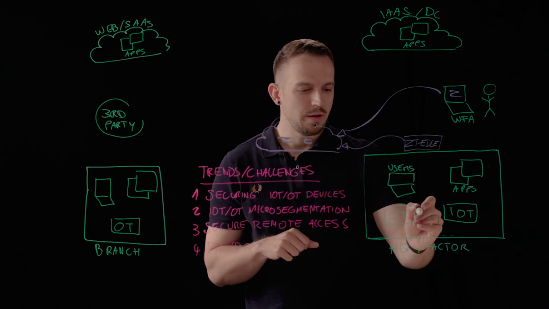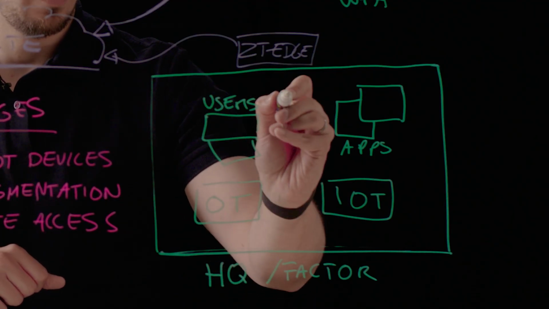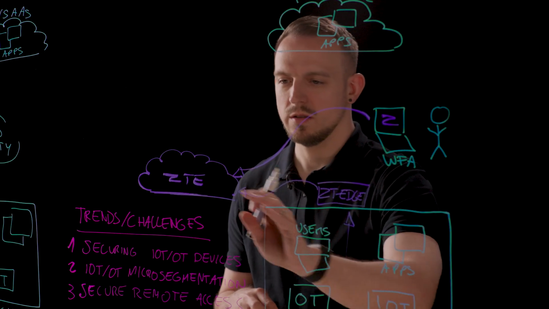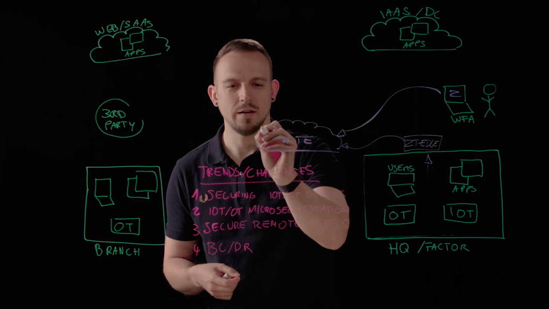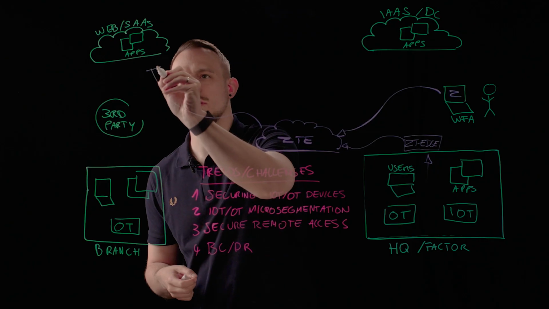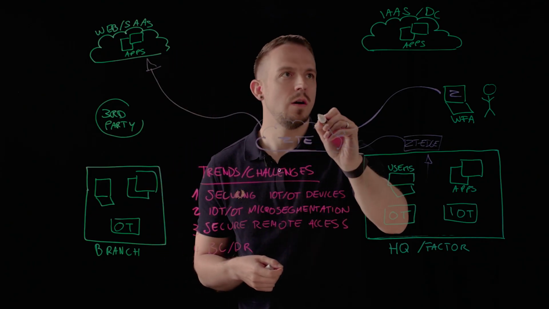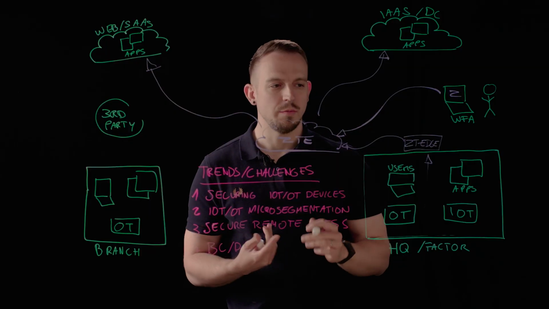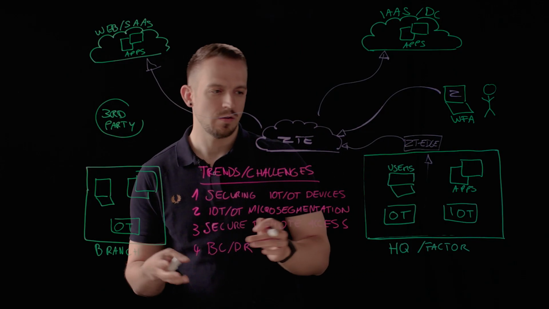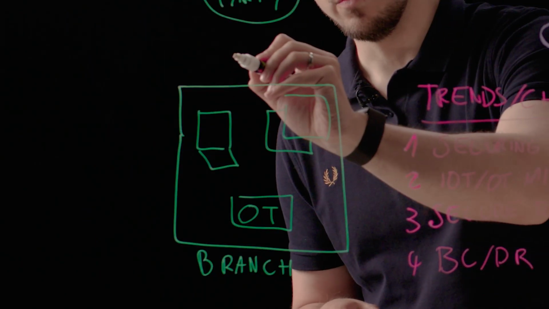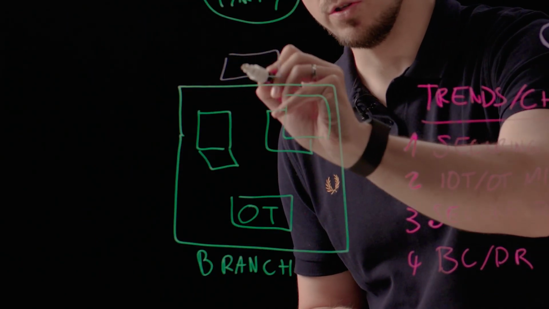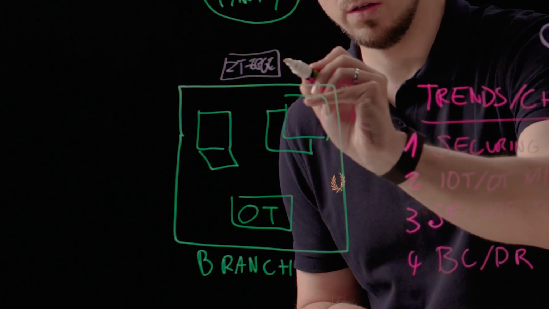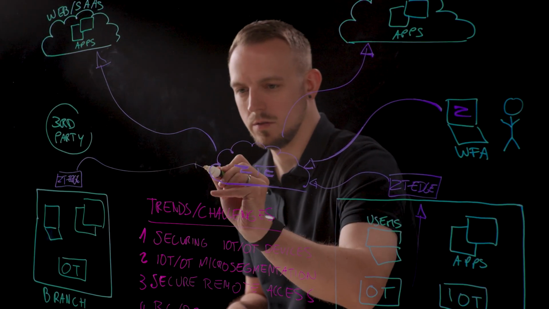So any traffic that is coming from your OT or IoT devices can just be sent to the Zero Trust Edge, which then transparently forwards this to Zscaler. And from there, we can inspect the traffic and securely send it to web or SaaS destinations or into your private cloud or data center infrastructure. The same is also true if you have branch locations, so this is a copy and paste approach. Whenever you open up a new location, you just place a Zero Trust Edge here as well. And that then connects to Zscaler.